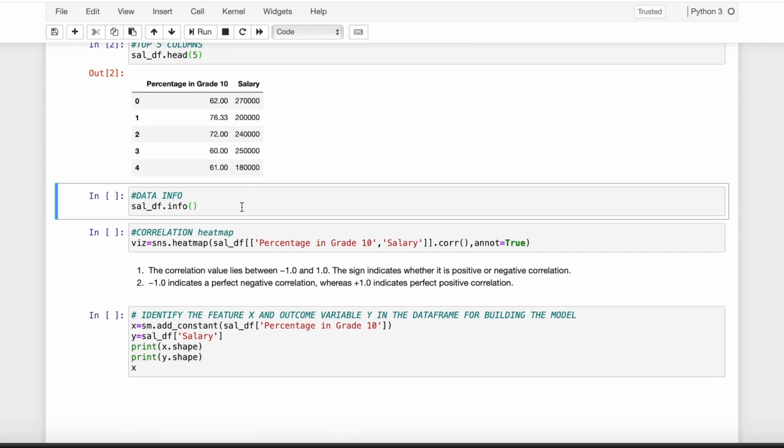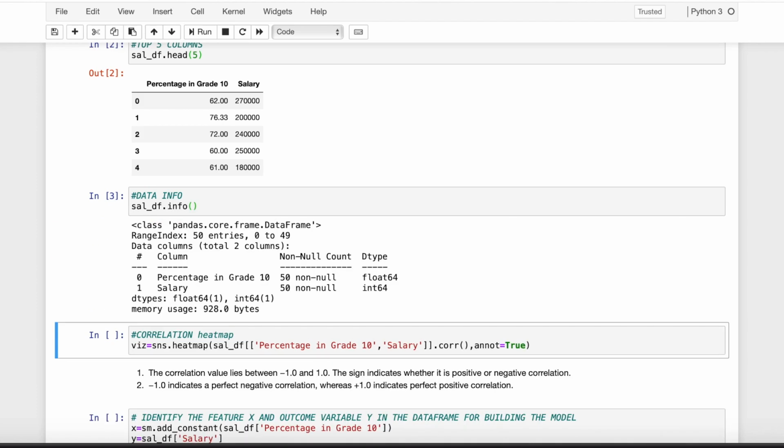So percentage in grade 10 would be X and salary would be Y because it is dependent on the grade. Now the next step for us would be to get the information related to our dataset. By that we mean whether there are any null values in the dataset, the data types that we have, as well as how many rows and how many columns we have in our dataset. Now in order to get that kind of information, we can use the .info function.